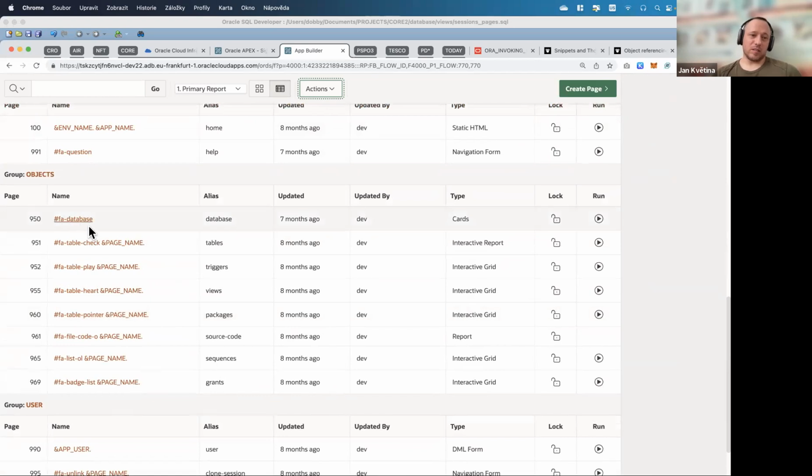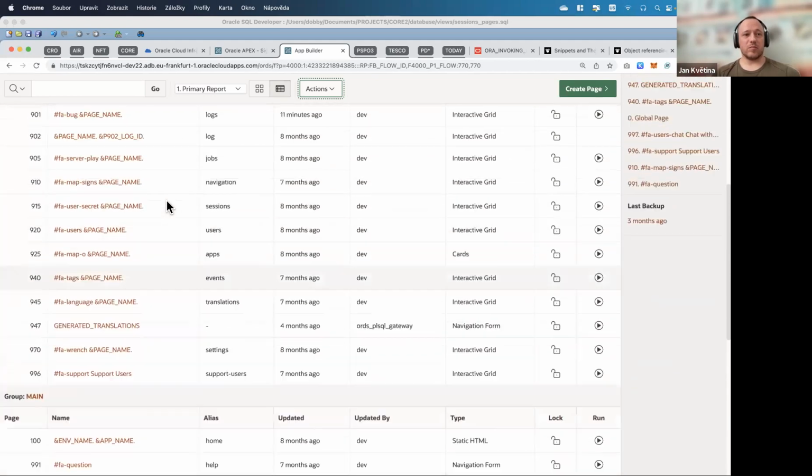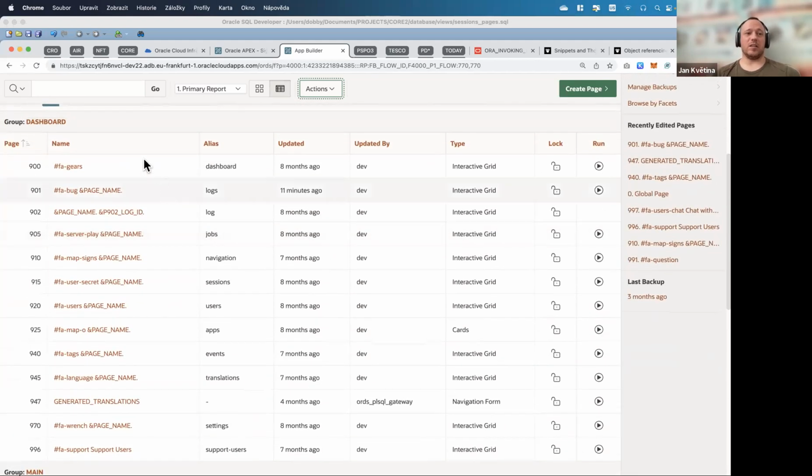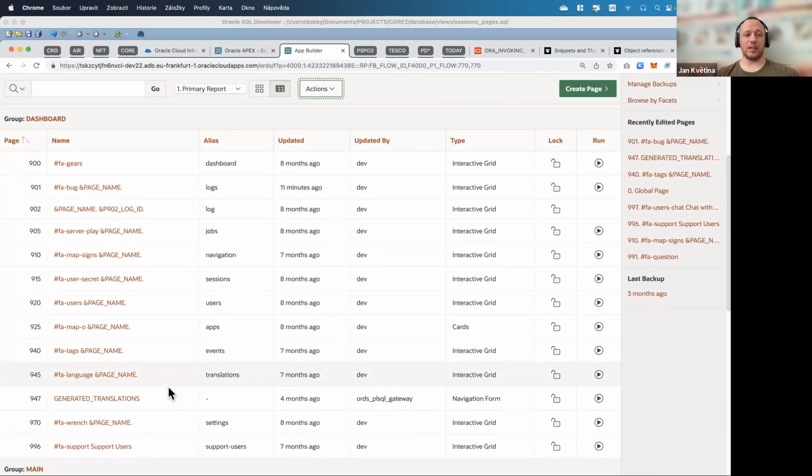Because if you have an error on, for example, some dashboard, then you know that it is related to these pages. And if you are supposed to change something, then again you are aware that there are some pages which are related to this page. And with the page numbers, if you leave gaps in these numbers,